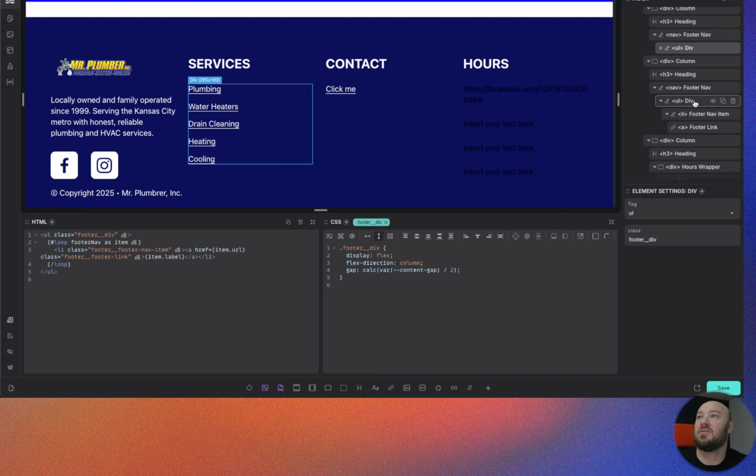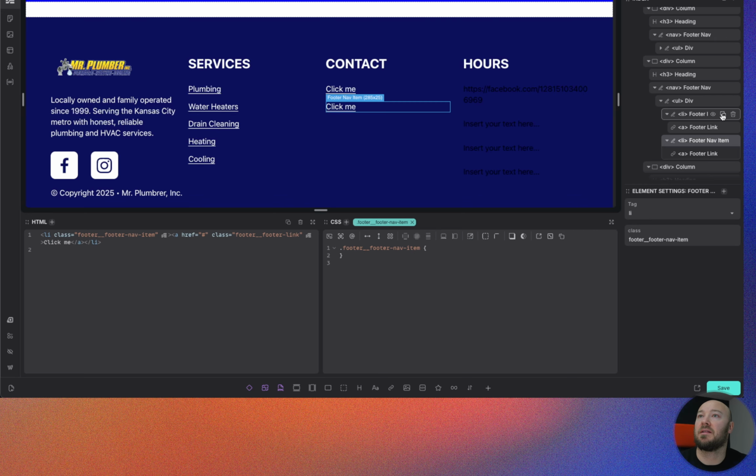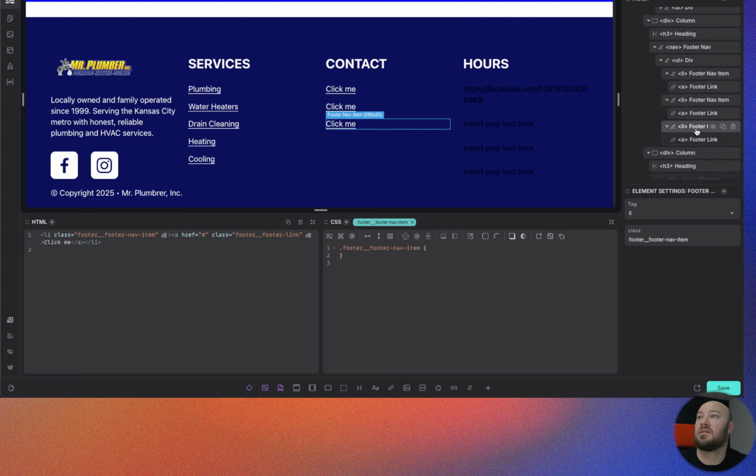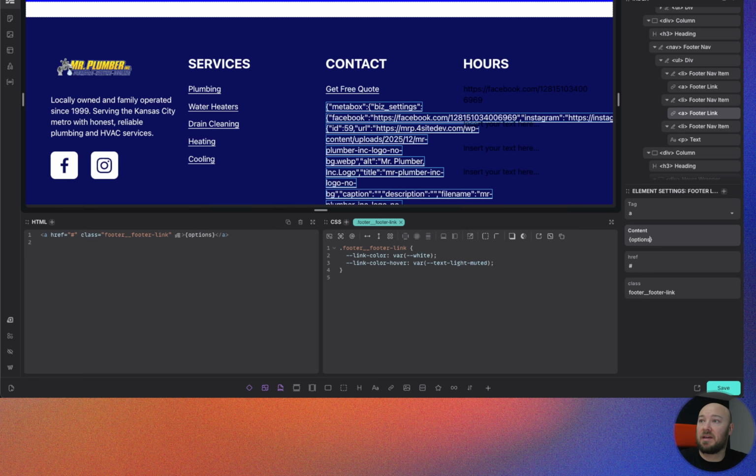And again, these ones I am going to do very similar, but I'm going to do them manually. So I have to duplicate my link because there's going to be 2 of them. And my last one is going to be just text inside of it. All right. So my very first one, we're going to set this to get free quote. And our link is going to be get quote. Our second one is going to be our phone number, and this we can get from our options page,